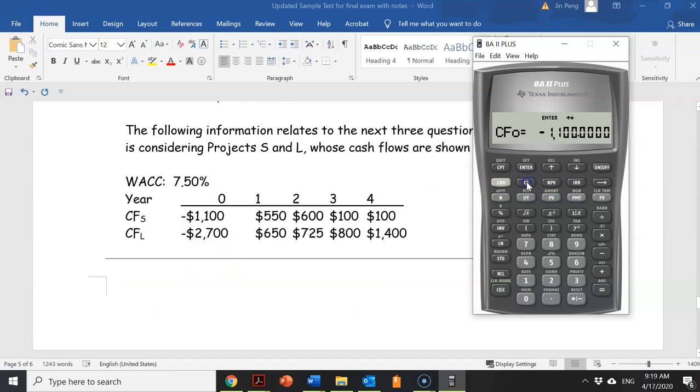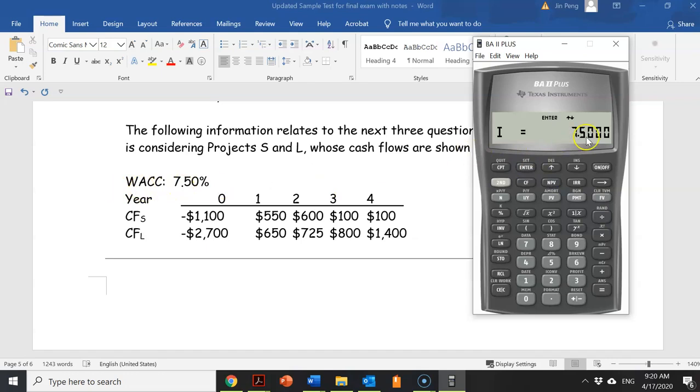Then I need to change my cash flow 0 to negative 2700, enter. Cash flow 1 as 650, enter. Frequency 1 as 1, cash flow 2 as 725, enter. Frequency 2 as 1, cash flow 3 as 800, enter. Frequency 3 as 1, cash flow 4 as 1400, enter. Frequency 4 as 1. Double check no cash flow 5, come back to cash flow 0, go to NPV, input